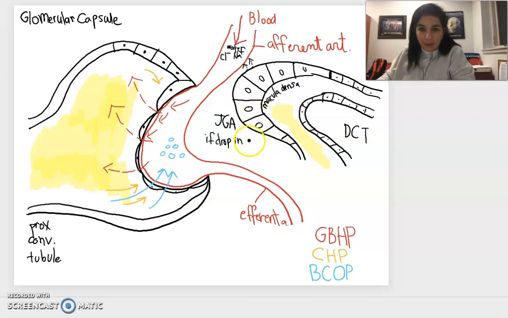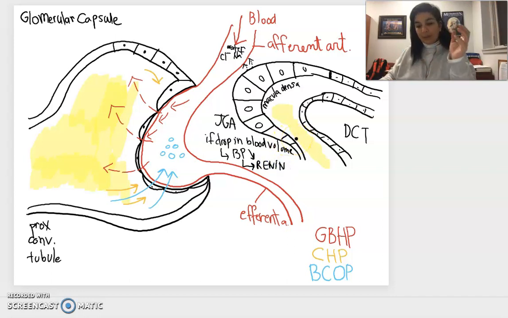So a drop in blood volume is basically an indication that blood pressure is dropping. And a drop in blood pressure is going to stimulate the release of renin. And that's really the purpose of this diagram, to show you the relationship between the